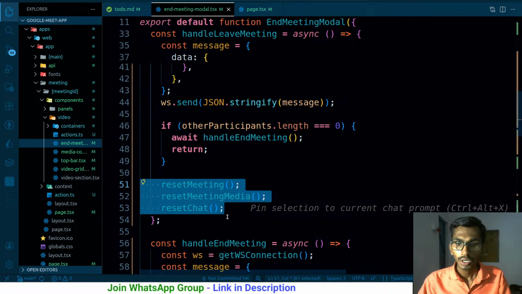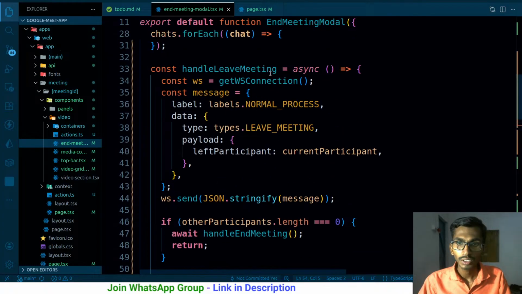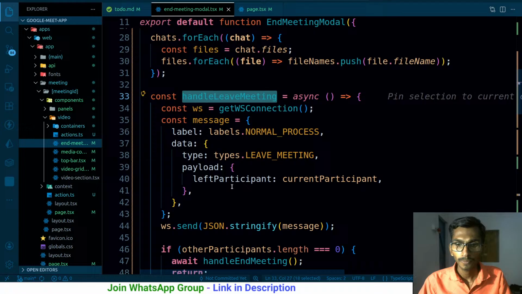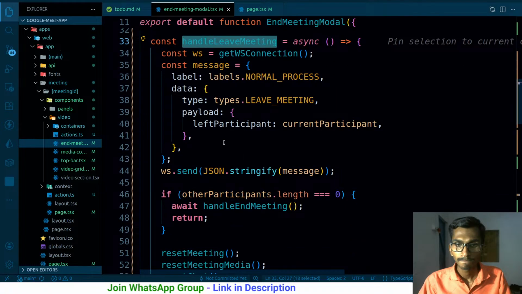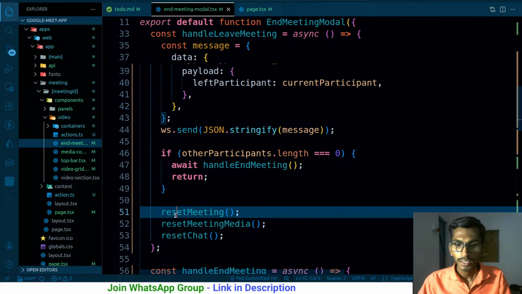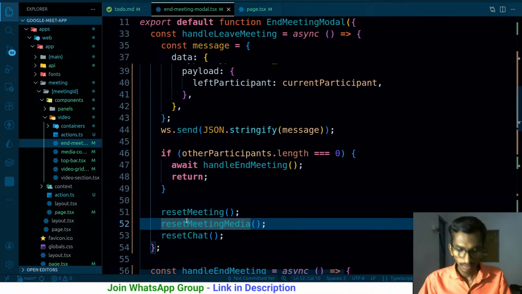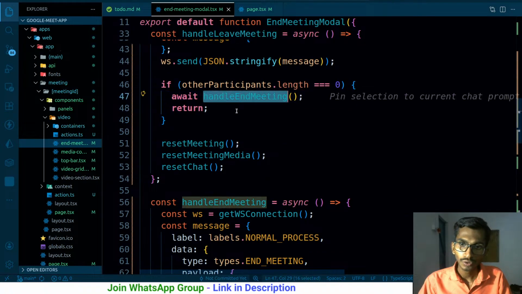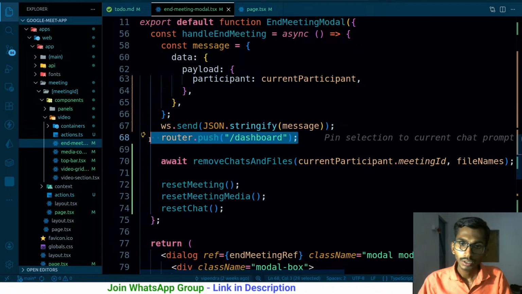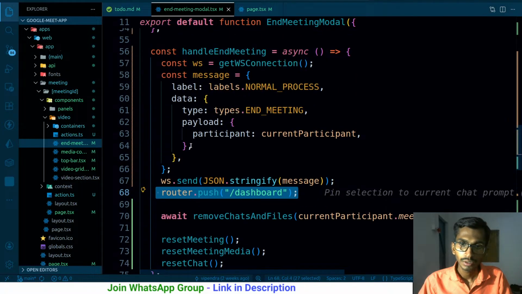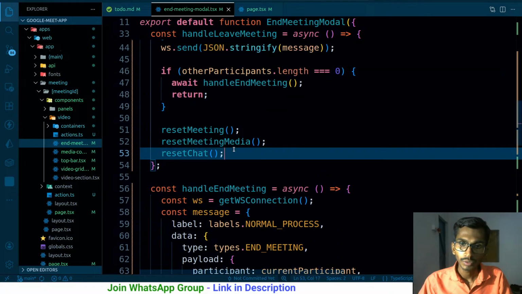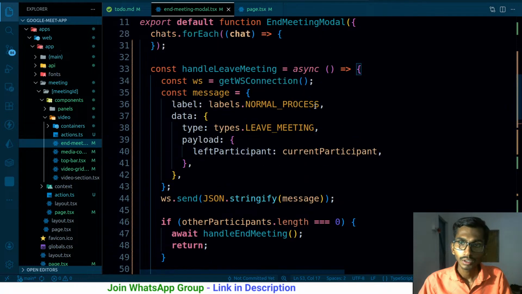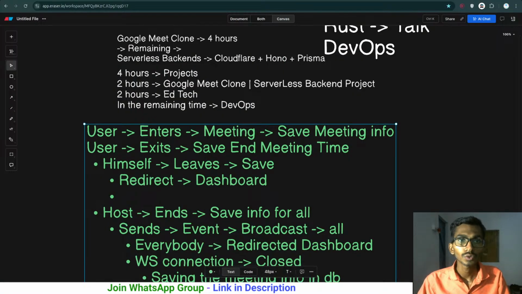That is good. But how about the user being redirected? User is not being redirected. Reset meeting. Just a minute. If the user clicks on end meeting, he is definitely getting redirected. But if the user clicks on leave meeting, the user is not getting redirected. So I think